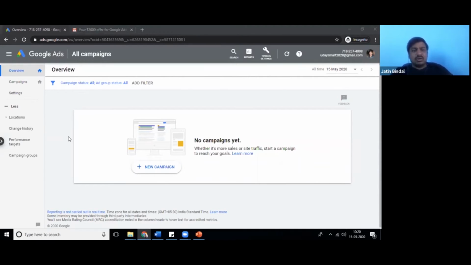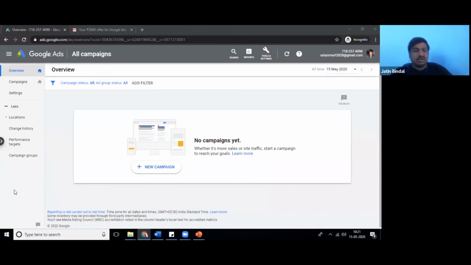So what is the difference between this dashboard and Google AdWords Express? Google AdWords Express does not allow a lot of setting changes and other details, whereas when you do it as a professional, it allows a lot of changes in terms of campaigns.